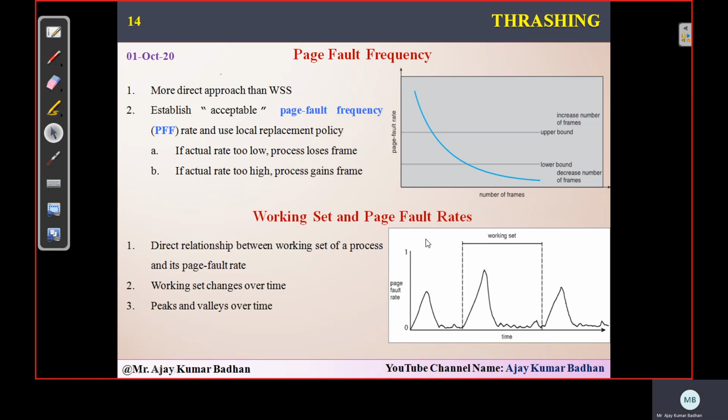This is the graph representing your working set and page fault rates. You can see it keeps on increasing. So this is the working set where this is the maximum, where exactly your page fault frequency is high, and the remaining is all lower. If you take this as another working set, this is the highest peak, the remaining is the lowest peak related to your previous one. I hope it's very clear with respect to page fault frequencies, how we can use them, and the different algorithms we have discussed.